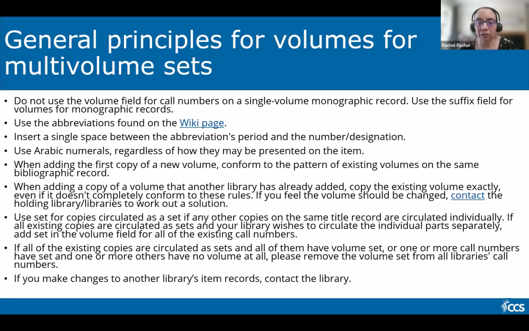The abbreviations that should be used for volumes are on the wiki page that's linked to on the slide. I'm not going to read through all of this, but I also want to emphasize that it's important to match the other libraries' volume numbers. So you should try to conform to the pattern of existing volumes on the same bibliographic record. This includes other libraries' records. If you see that a library is doing something differently than you think they should, you can contact them to